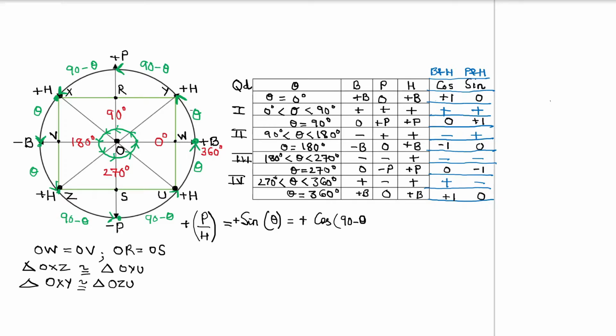So by now, I think you would realize, first, the importance of the diagram that we have made here. Second, by now you would see that all these values that we are getting, you need not mug them up. Now the moment we move to the second quadrant, you would see how we are able to relate it with the table that has been drawn here. Both sine and cos need to be positive in the first quadrant, which we have got. Now let's move on to the second quadrant. So in this case, I know that P by H plus P by H will be nothing but sine of.